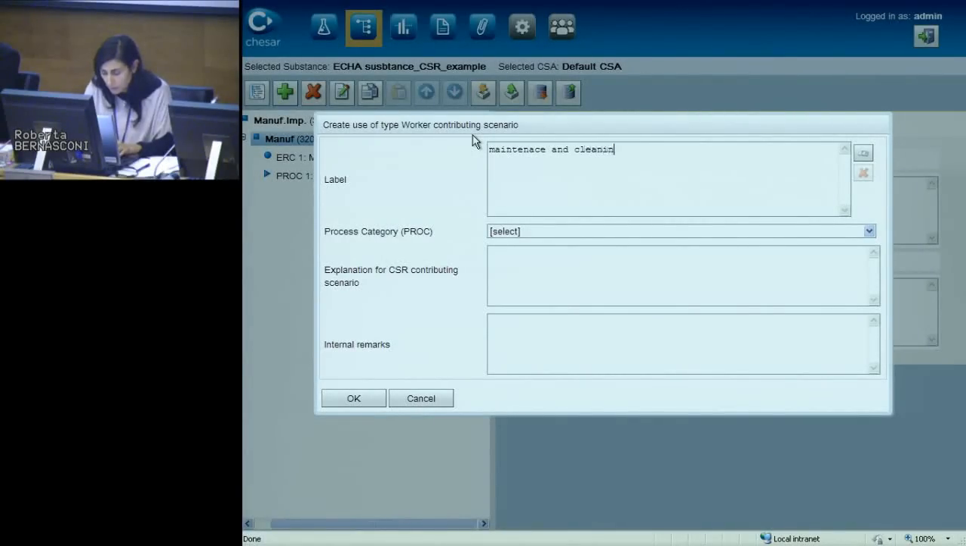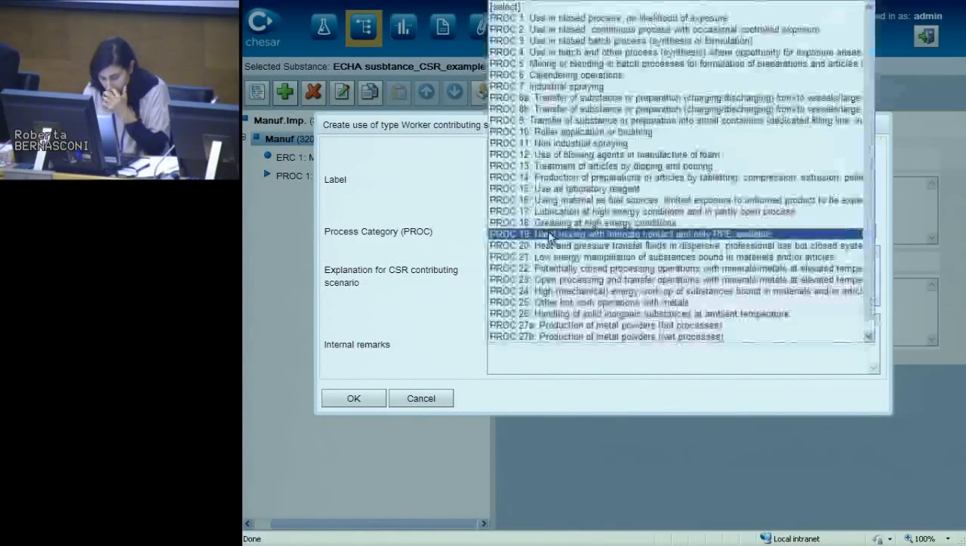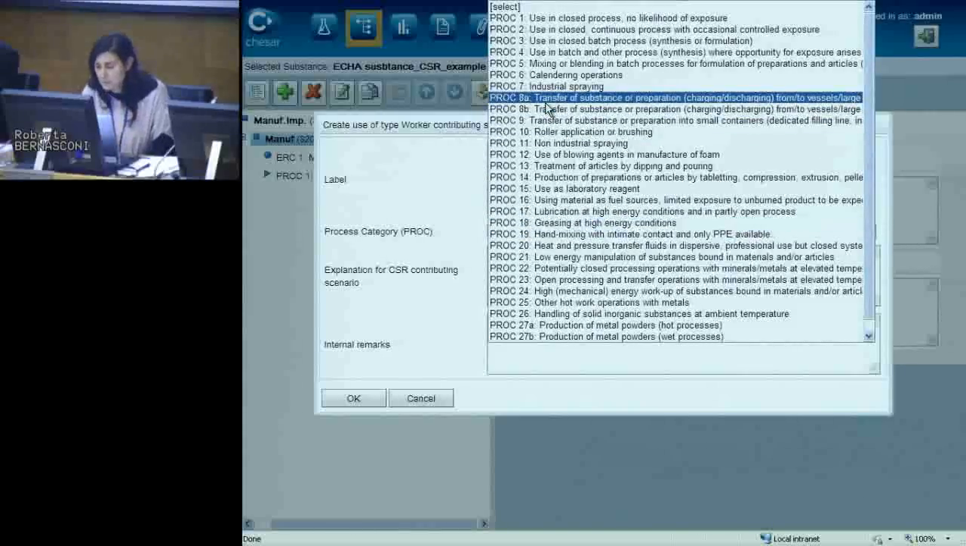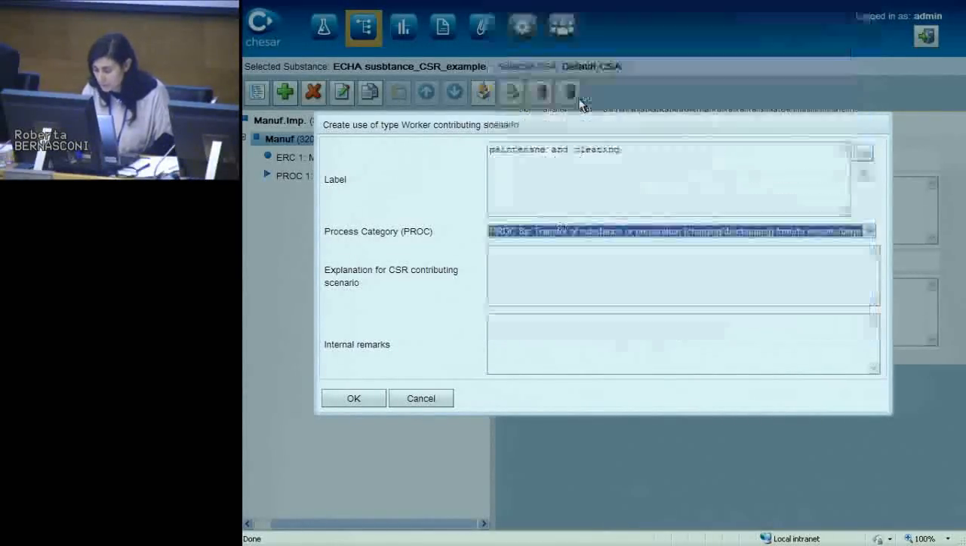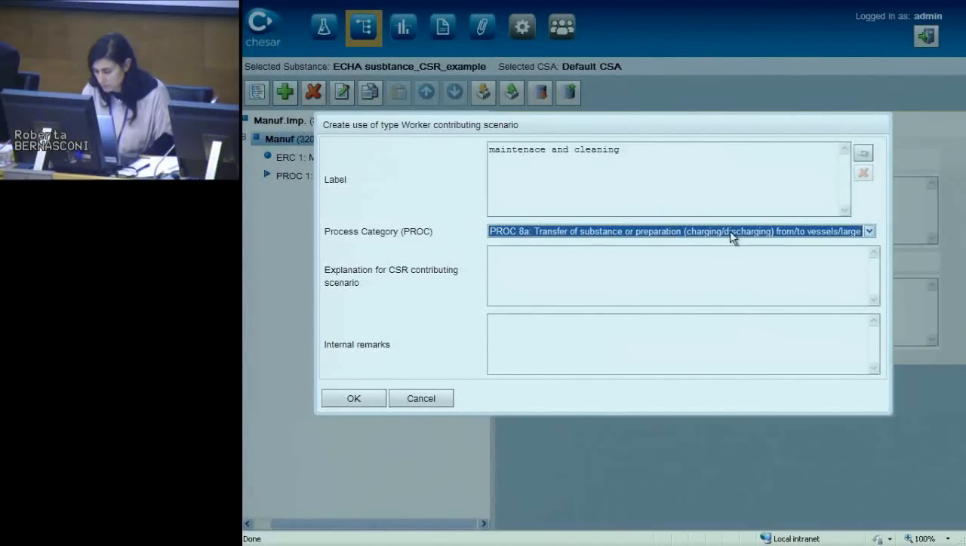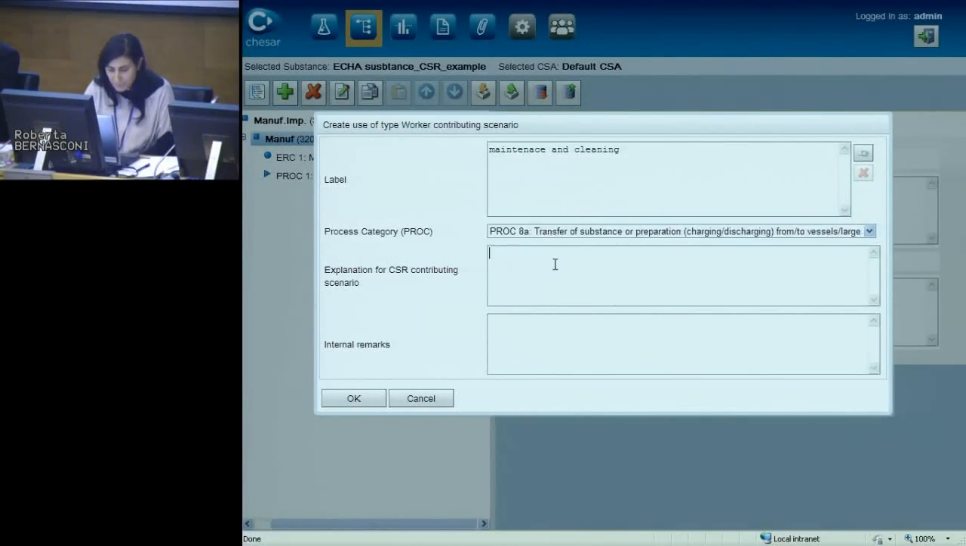And cleaning. I will pick the right PROC, that in this case is transfer of substance in preparation, charging, discharging from vessel. Let's see if it's, okay, it's not appearing, okay. Then explanation for the CSR, again, needed, and internal remarks if you want to. So I will put it, maintenance,